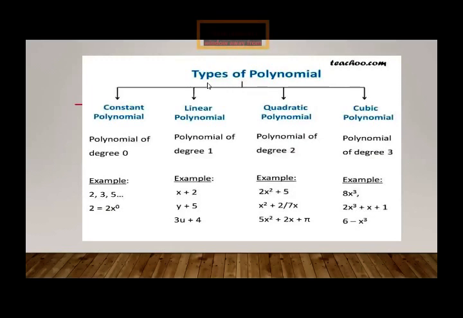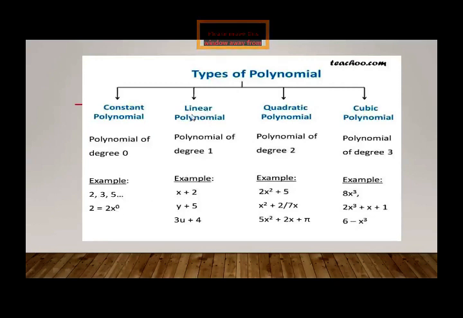So we have learned about types of polynomial. You should keep in your mind, polynomials are those in which we observe the highest exponent of the variable is 0. There are examples like 2, 3 and 5. We observe that there is no variable in them, so that's why we say their exponent is 0. In the second example, 2 is equal to 2 into x raised to power 0. You know, a variable having exponent 0 is considered as 1. So when we multiply 1 with 2, we get the answer 2. So that's why we say 2 equals 2 into x raised to power 0.